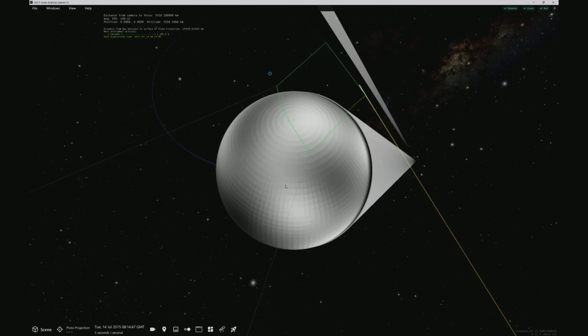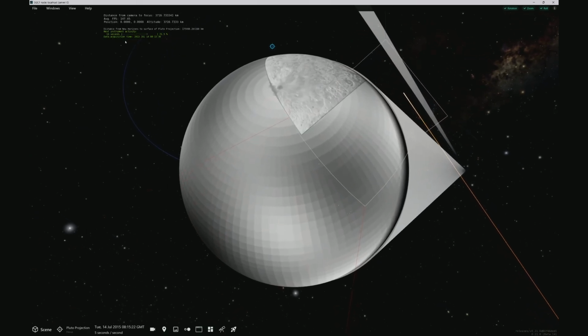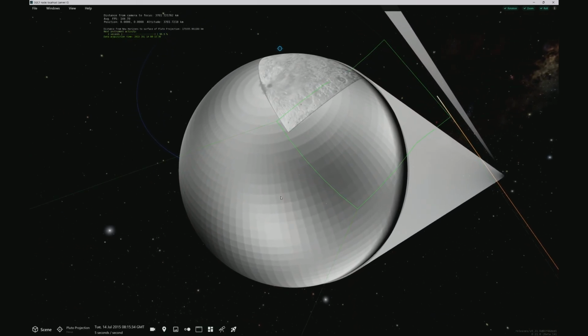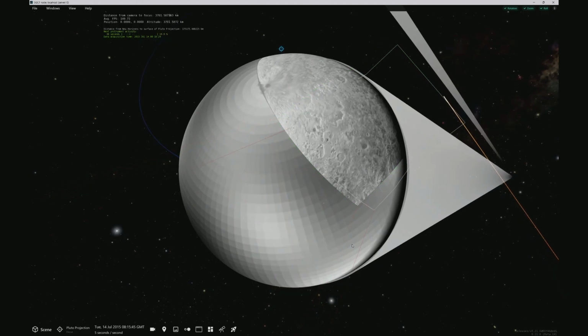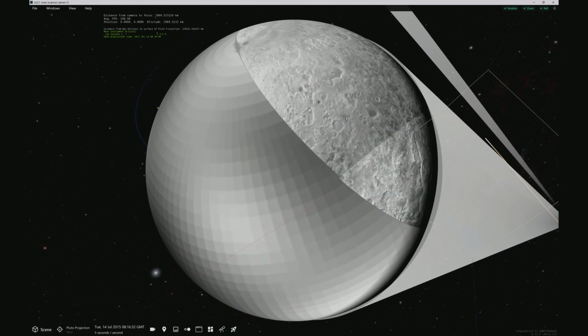Nine, eight, seven, six, five, four, three, two, one, boom! Here's our first picture of Pluto. And now in 19 seconds, but I'm at 5 seconds per second just to save us some time, at 5 times speed, it's taking our next picture. And so it's building our map of Pluto. We can speed up time and watch it go, or we could jump ahead in time, and we're going to see that we have a lot of these pictures that it's going to take and build up. If we jump ahead an hour or two, which I'll do in a second,